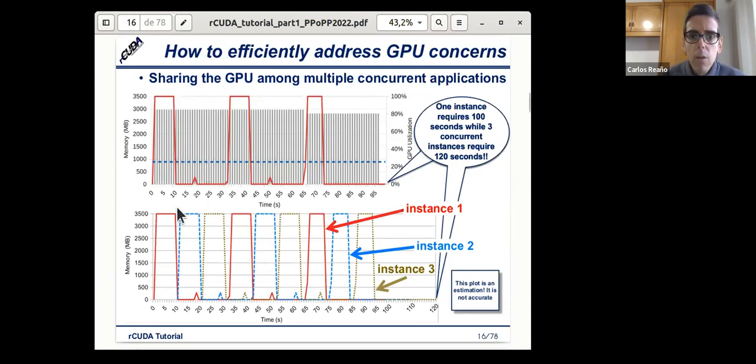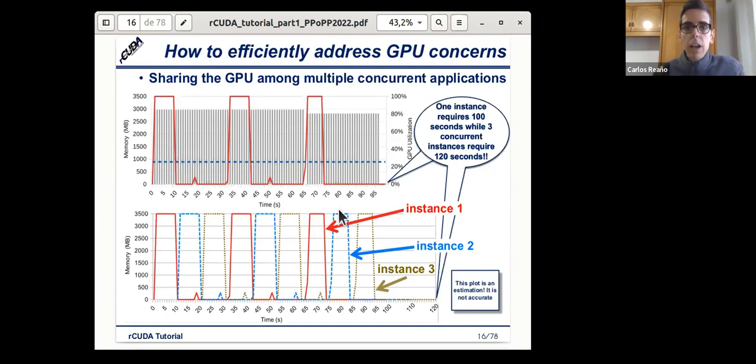For instance, if we were able to run 3 instances of the same application, we could run these applications concurrently. They will use the GPU in a sequential way, and with this, we will increase the GPU utilization. Okay. So this seems a good approach in order to address this concern.